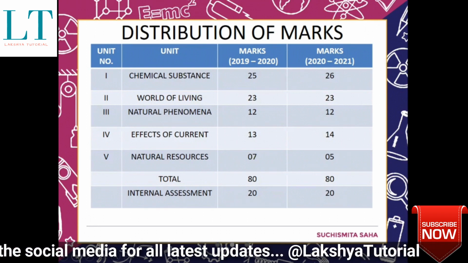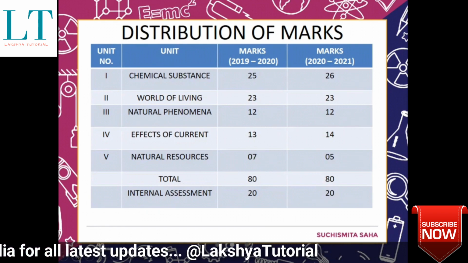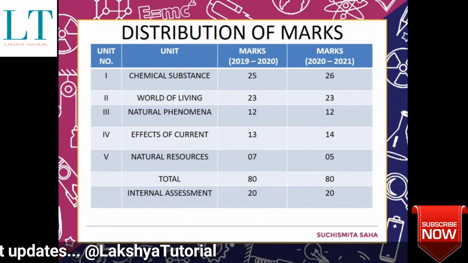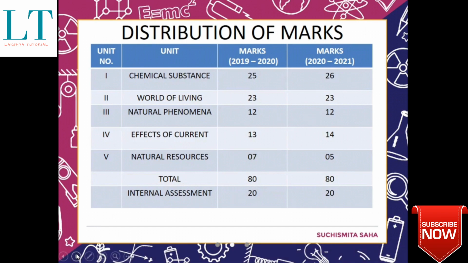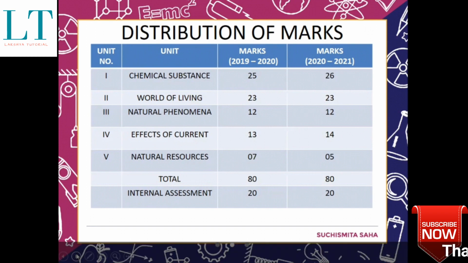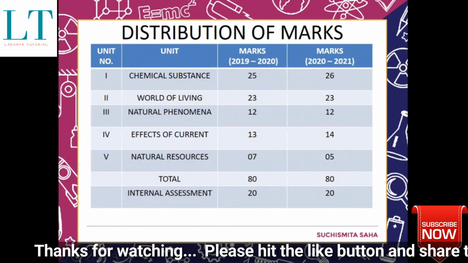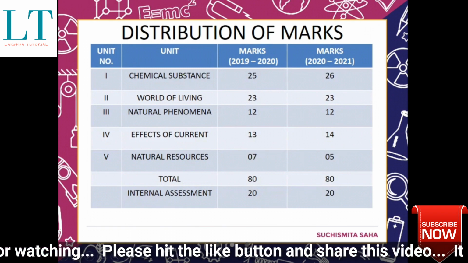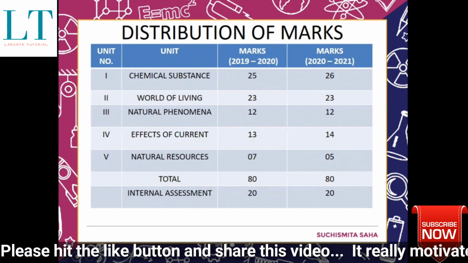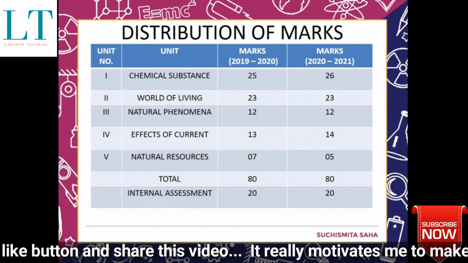Previous year we used to have 13 marks of questions from this section of the chapter, but right now we have 14 marks coming from this particular section. And natural resources, usually it should come by 7 marks, but right now it's only 5 marks. Whereas in unit 5, we have 3 chapters, one is totally excluded and one is kept only for the portfolio. So only 1 chapter is coming from this particular unit, and that is of 5 marks.